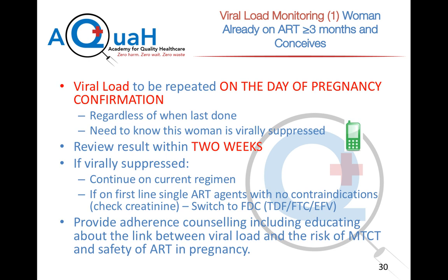So women presenting with HIV and who are pregnant, we have 2 groups. We have women who fall pregnant whilst already on ART. This group of women would require a viral load to be done at pregnancy diagnosis. If that viral load result comes back high, we have to do intense adherence support for women, repeat it within 30 days. If you have 2 viral loads that are above 1,000 30 days apart in pregnancy, we consider that that pregnant mother might have failed first line ART and would require second line ART